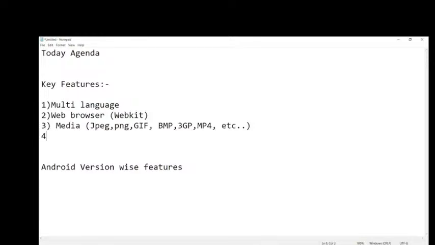And the fourth is streaming media support. What is streaming media support? It is nothing but here we can access live content.